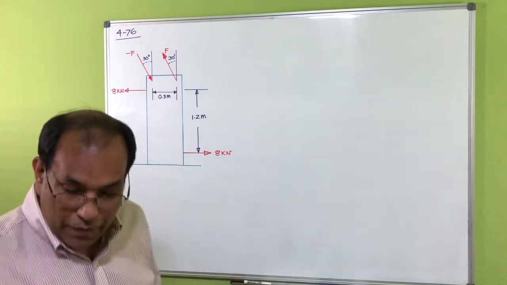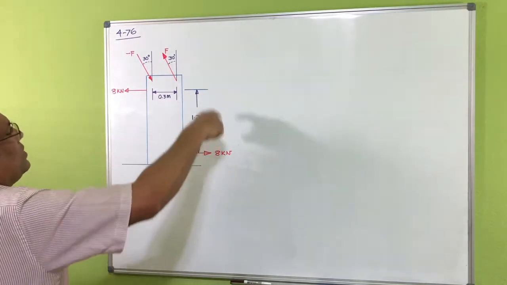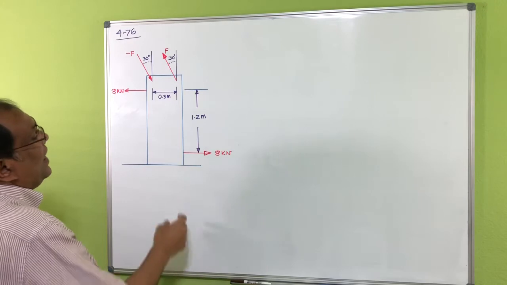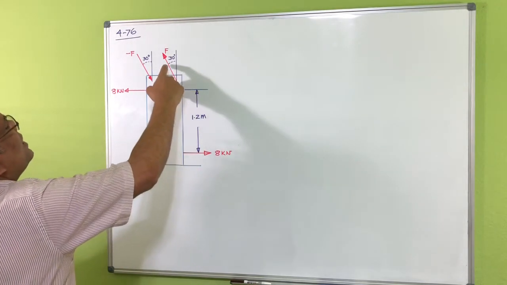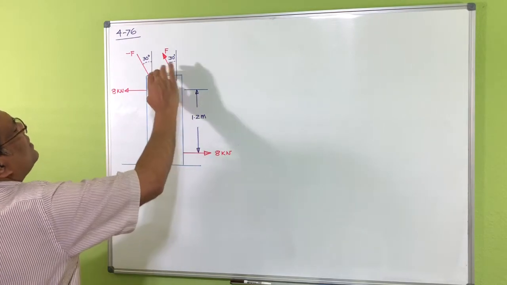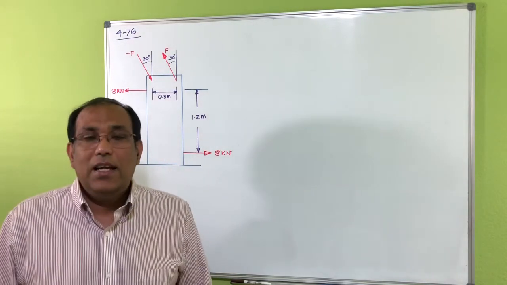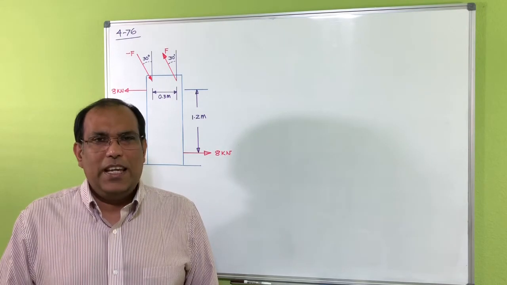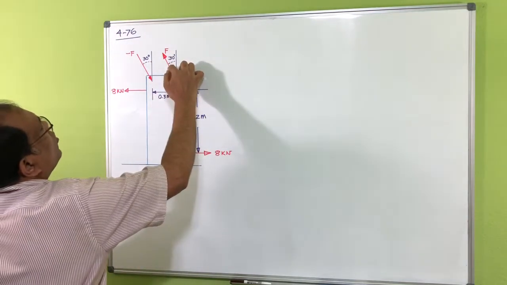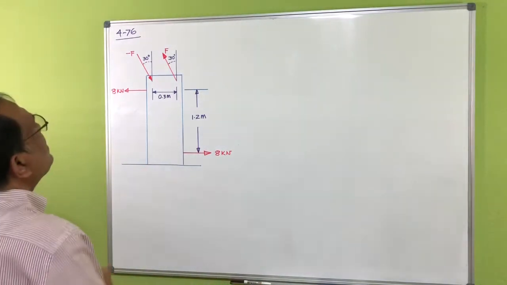So for the first one, let's see here that I have one couple. This one is rotating, and I know the distance between these two forces, and this one is definitely counterclockwise. You can see the distance between this point and this point is 0.3 meter, but this is slanted here. For 2D cases, we need the shortest distance between two forces. So what we usually do is resolve that force here and here. If I do that, then basically this one looks like